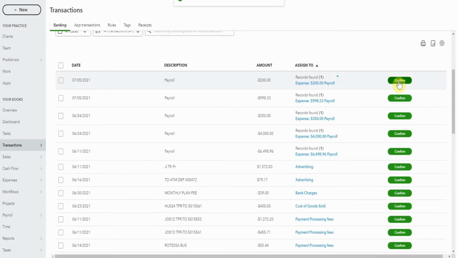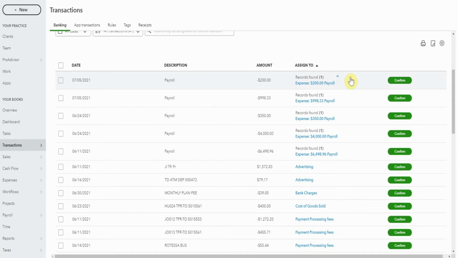So this is where, if you already have entered a sale in QuickBooks, you don't get that match and add, which I liked before. And if you don't know what I'm talking about, that's the alternate screen that I mentioned earlier. So we're confirming things that are already in QuickBooks as being correctly matched to the transaction. And I hope that that's not as confusing as I think it is.